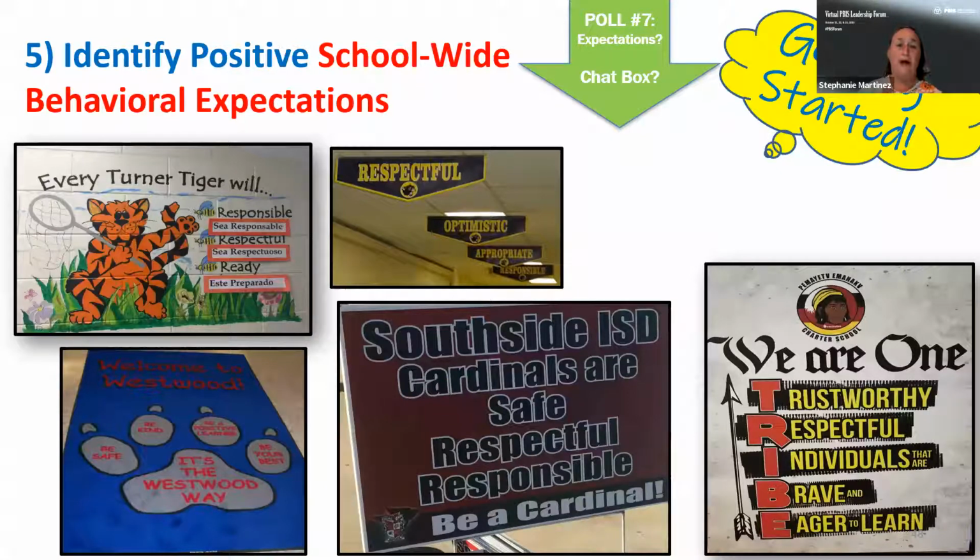The one in the bottom right-hand corner, which is the charter school, that is on one of the Indian reservations here in Florida. So they went to the elders of the tribe and asked them for some input about what are some of the values of the tribe that they could input with their expectations. So those are just 2 examples of making it culturally responsive.